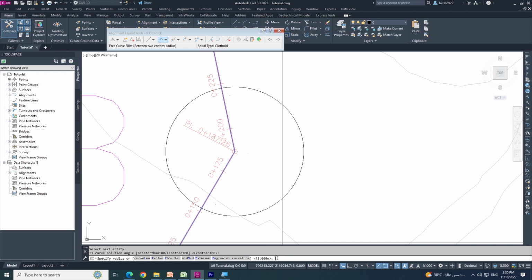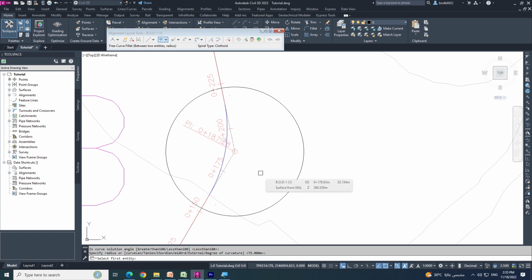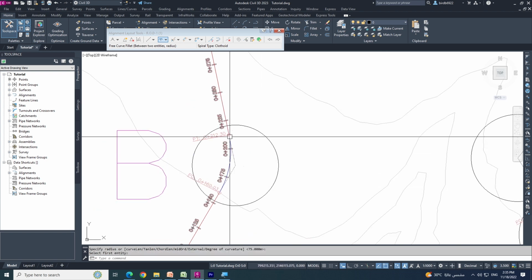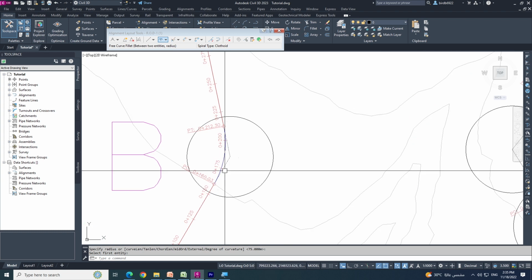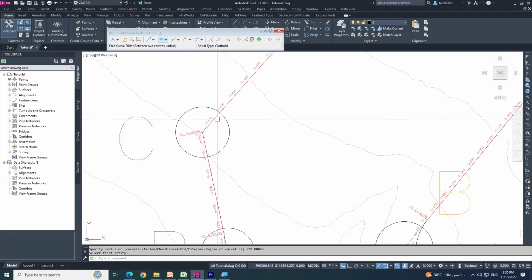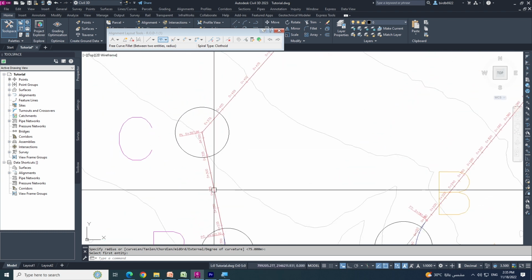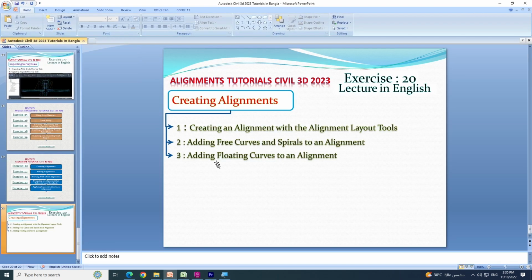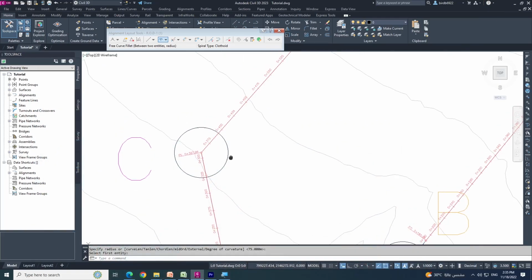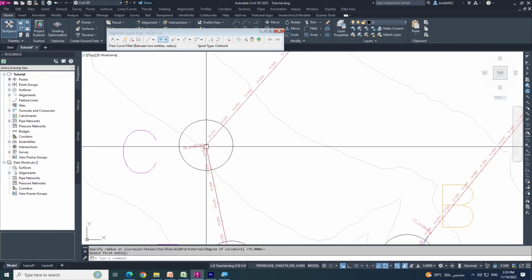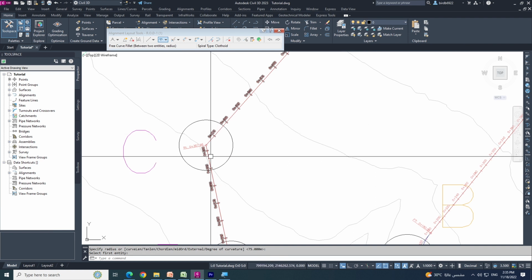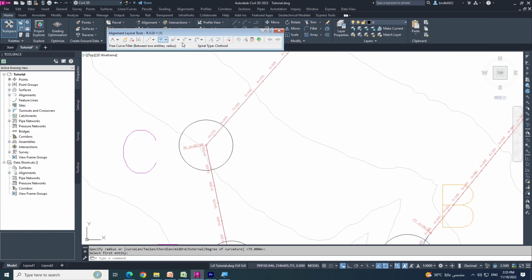Now I'll just hit enter. It will accept my curve, and then hit enter again. Okay, now it has accepted my curve properly, and now I have finished adding free curves. Now the remaining is the spiral to an alignment. Here I am going to add a spiral curve. The next